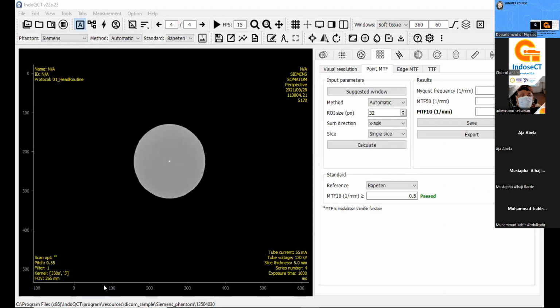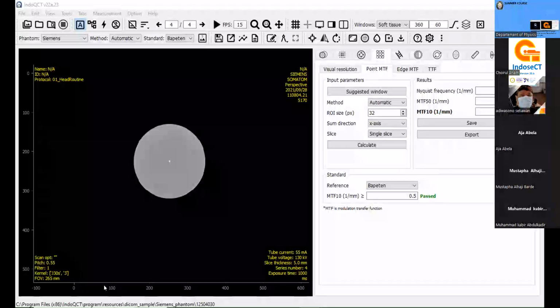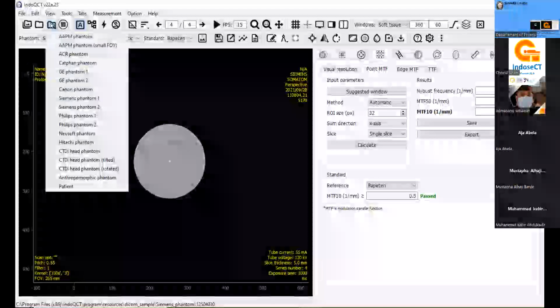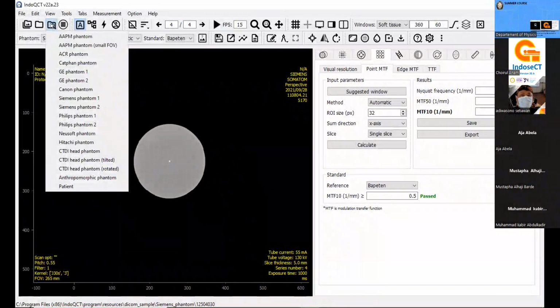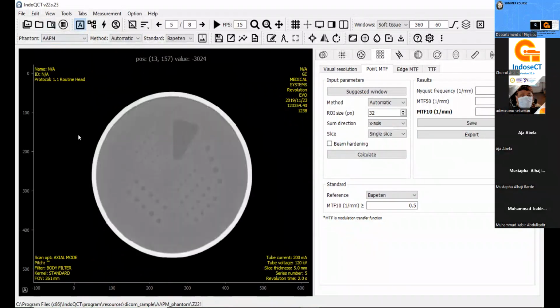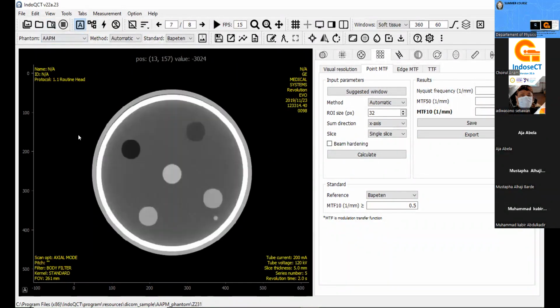Okay, let's continue. And now we will try to measure the TTF, task transfer function. To measure the TTF, we should use the image for measuring CT number linearity. For the APM, this object should be used.